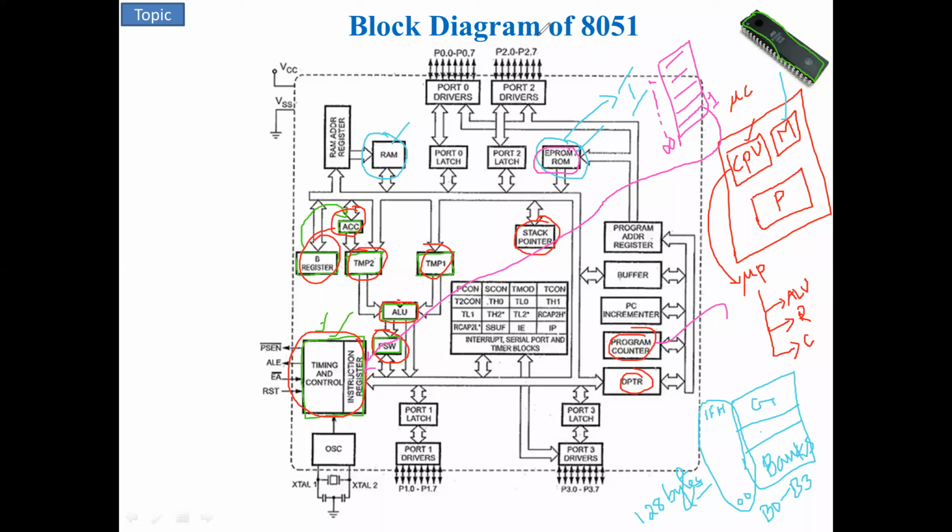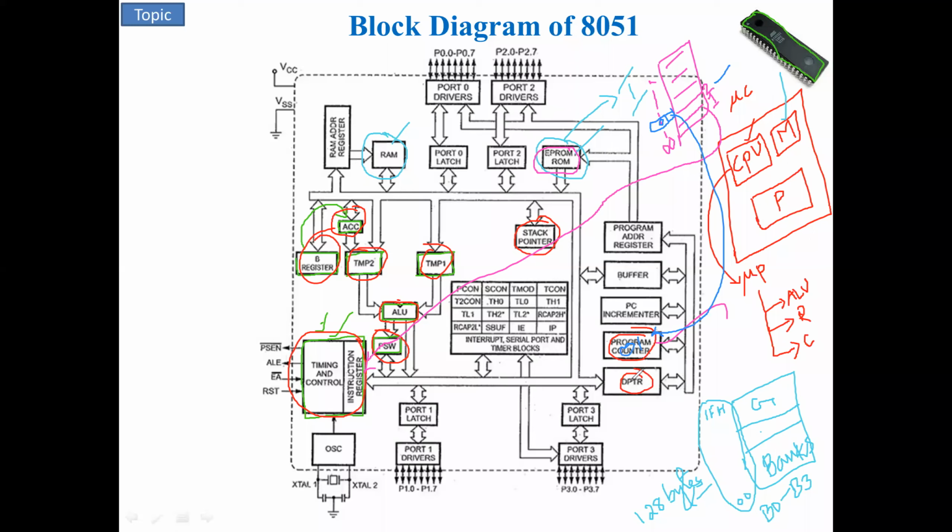While executing the first instruction, the program counter will load the second instruction's address, that is 01. That is the main purpose of this register, which holds the address of the next instruction. The second instruction has address 01, and that address is loaded into the program counter. This is another register inside the 8051. You must understand the operation of the PC.